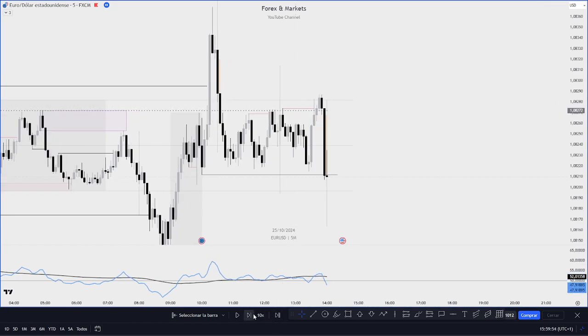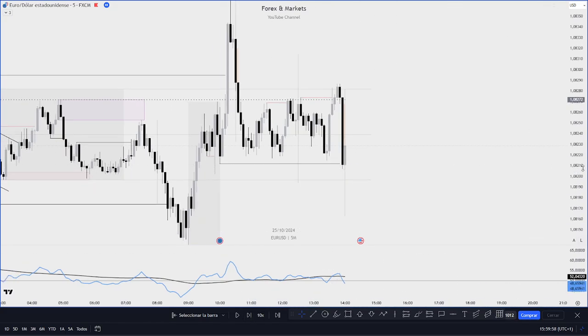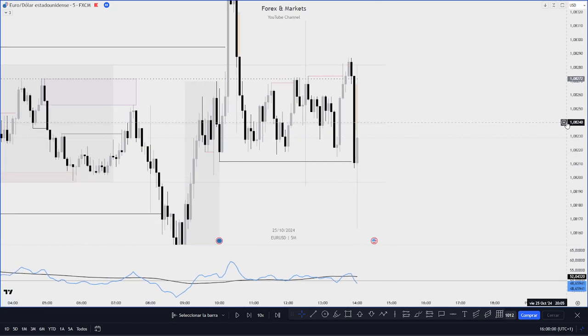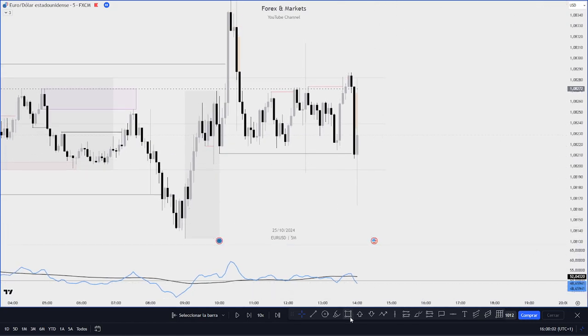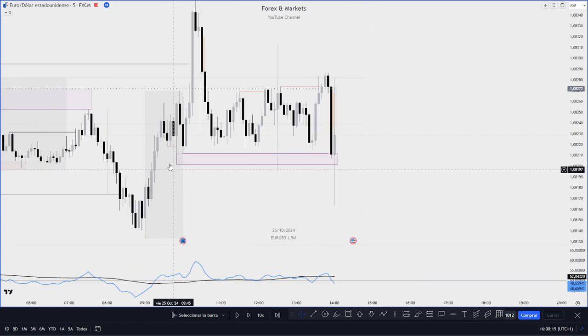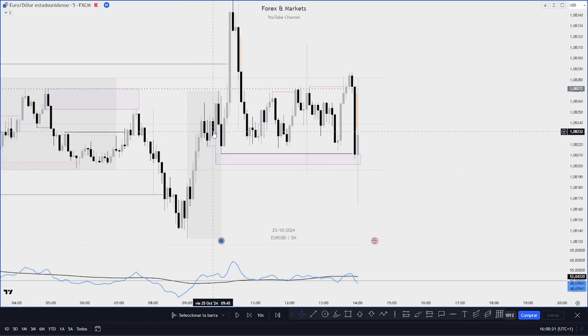Okay, so now check this. This is something really interesting and important. It's something quite advanced. And being honest with you, I even missed it on the day because it's hard to spot these things. But as I told you, this low is a trap. It's a trap because it changes